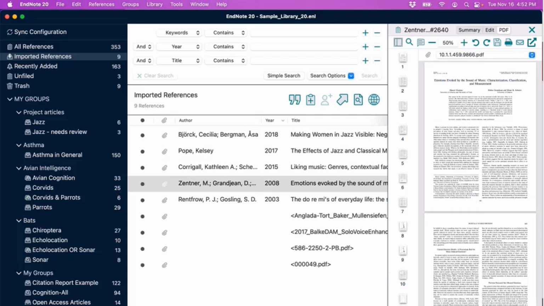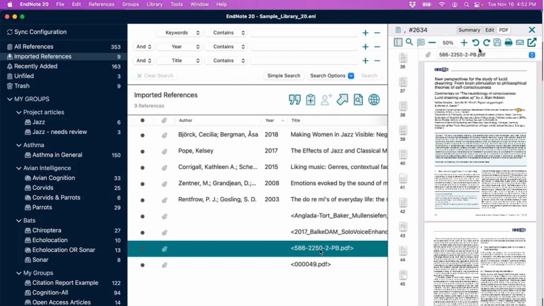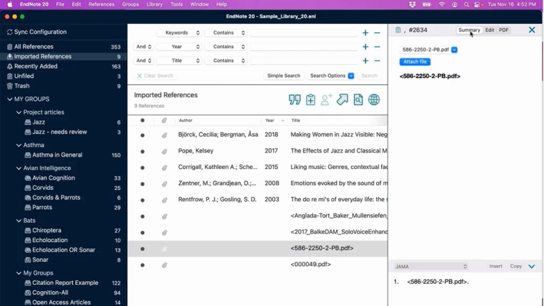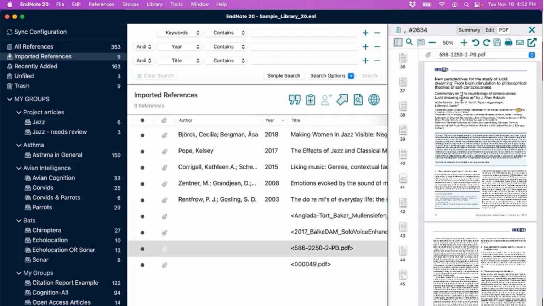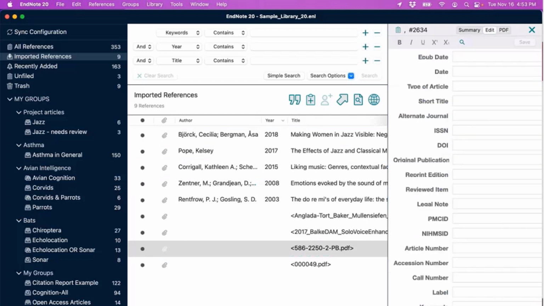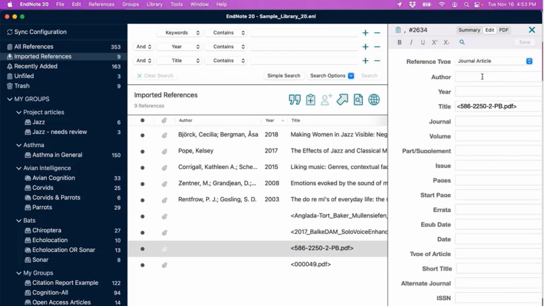Now we see for a handful of these, all we're left with is just a placeholder record. For a couple of these, 4 of the 9, we have no author or year information. It's just the title of the PDF in the title field surrounded by brackets. These are examples of PDFs where EndNote was not able to find that DOI number somewhere in the first 2 pages or in the metadata of the file. When that occurs, EndNote will still make a new entry in your library and attach the PDF to it, but that placeholder record is not really useful for citing in a research project.